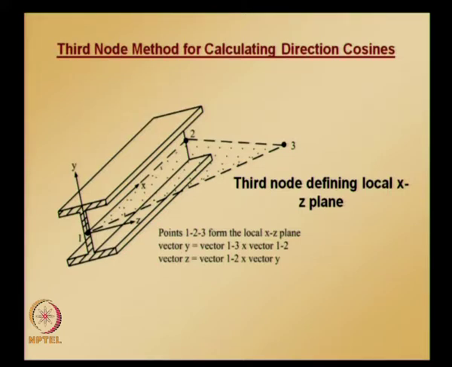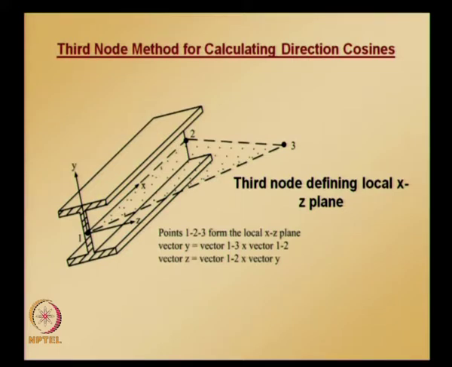In addition, a third node is also shown in the figure to define xz plane, and once we know the vector 1 2 and 1 3, cross product of vector 1 3 and 1 2 gives us the vector along local y axis, and when we normalize it we get unit vector along